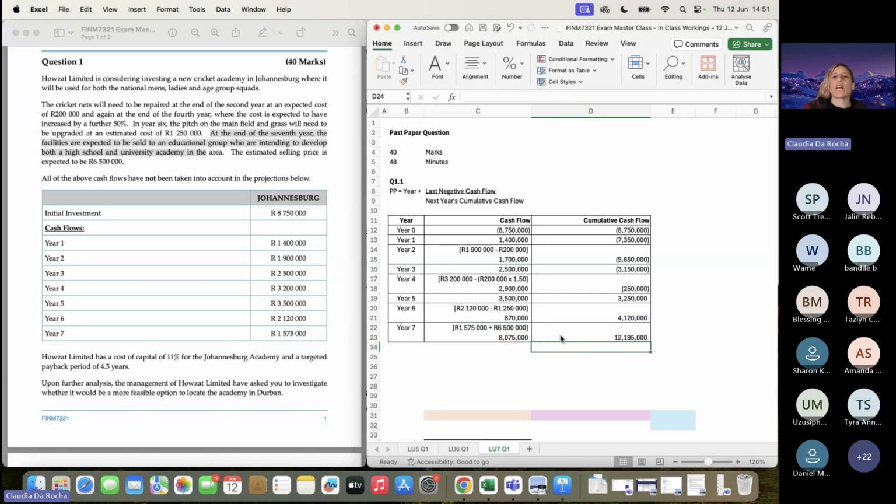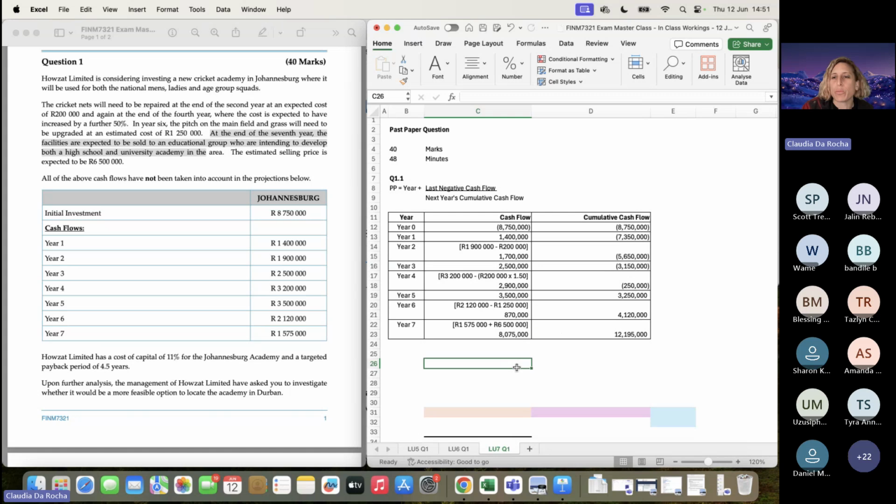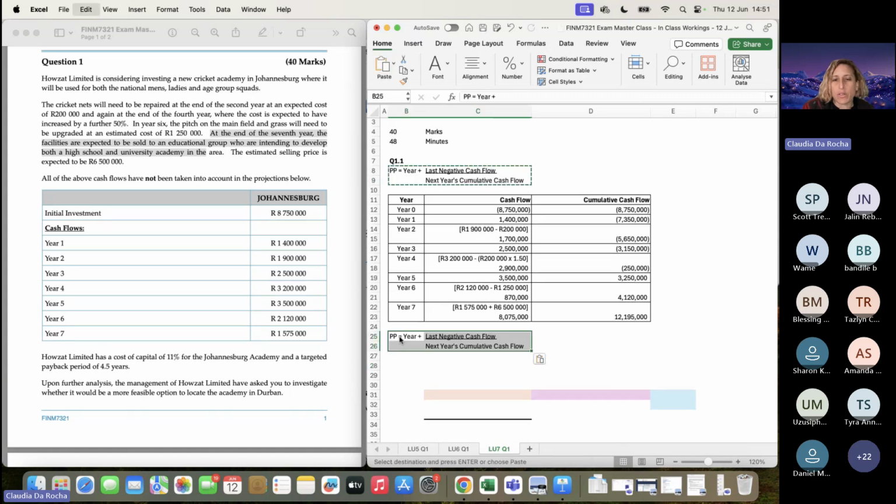Right. Now we can answer our question. We've created our table with the cumulative cash flow, so here is our formula from before. With the year, we include the year in which the last cash flow is negative. We can see here this is where our cumulative cash flow is negative. That's the last time it's negative, so that is in year 4. So we go here and say 4